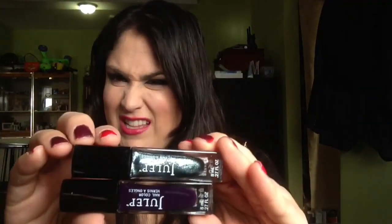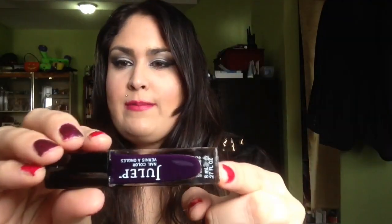Now the next set we have is the Bombshell, because it's the next one I grabbed, and I really liked this pairing. So if you picked Bombshell, I feel like you have excellent taste. I feel like you have excellent taste no matter which one you picked, but I really like this set. We have a creamy, dark